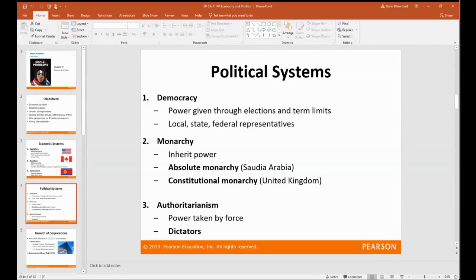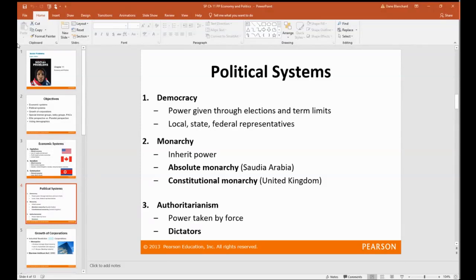And so the United Kingdom would be a good example of this now. They moved from an absolute monarchy to a constitutional monarchy. So the King of England and those people that are within that particular bloodline, they do have limited power. And so they'll have a prime minister that is voted in and out of office, and they're going to be involved in actually setting up the laws of the land.